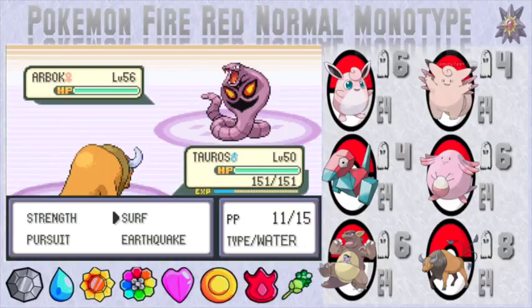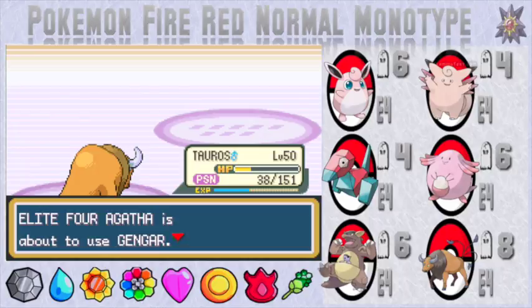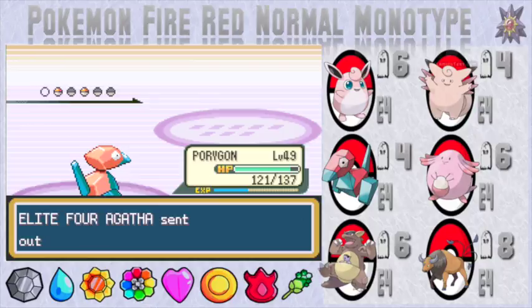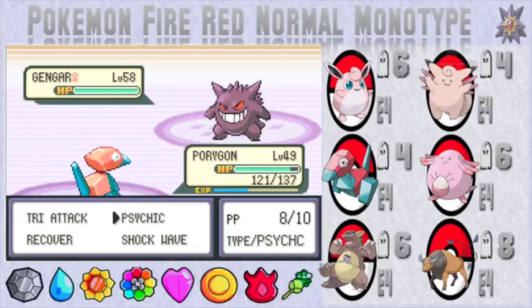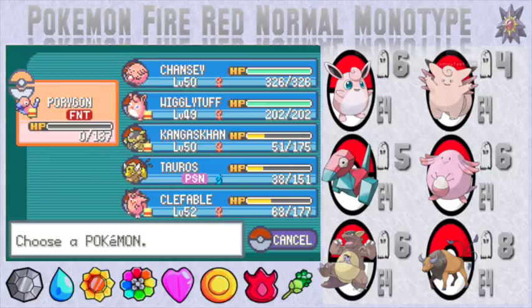Tauros will get the double Intimidate, essentially. We can Earthquake here. Obviously, it does not receive STAB, which is why we're not taking out this Arbok. But down it goes eventually. And we see the Gengar. Obviously, we can't Earthquake the Gengar because it has Levitate. And there we go. We see the crit Sludge Bomb to take out